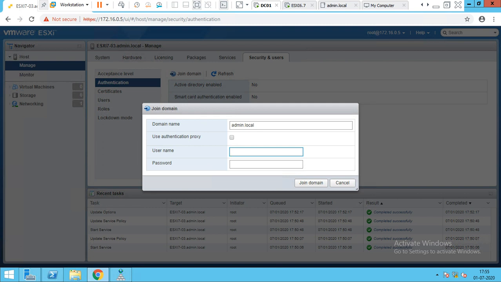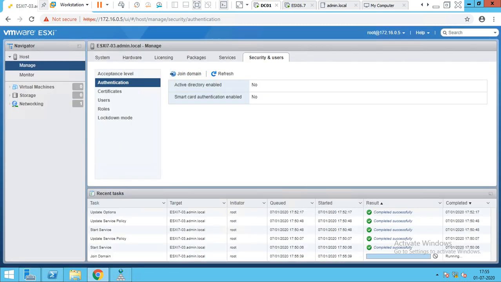We need the username and password of that. I have administrator@admin.local, and then the password. I have put in the password and click on Join Domain.